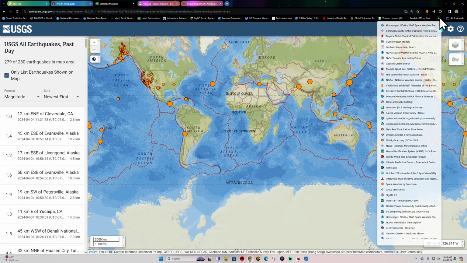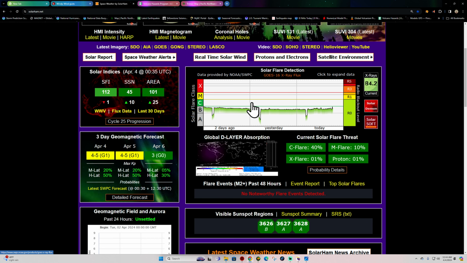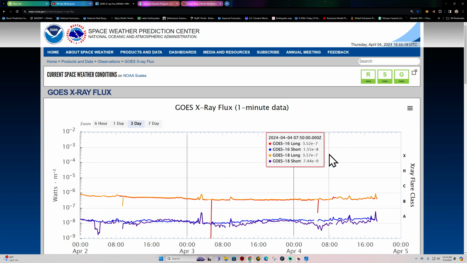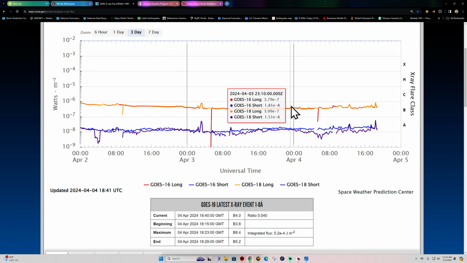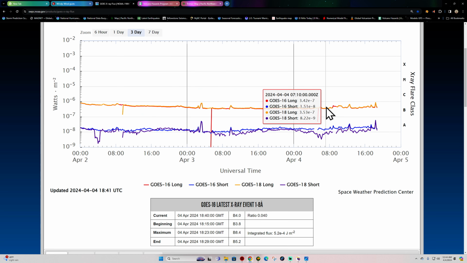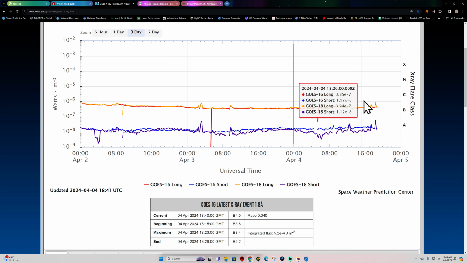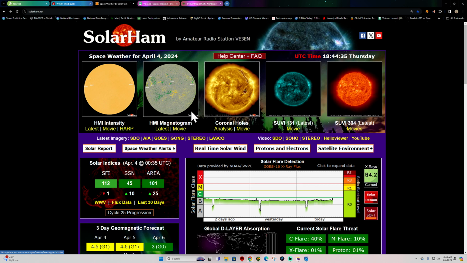All right, space weather activity. Got anything major going on here across the space weather world? Looks like we're starting to come up a little bit here. Look at the last couple days. We're way down there in the B flare category. That's pretty much non-existent activity here in the last couple hours. Just barely spiking here a little bit, showing some type of unstable activity.